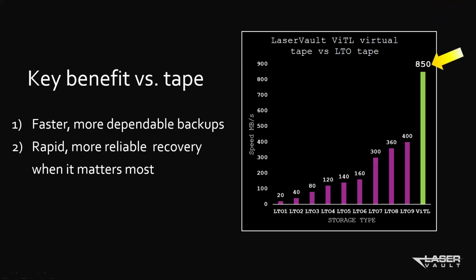So speed, faster, more dependable backups. We've got a chart here showing a basic benchmark where 850 megabytes per second is just the beginning of what you could accomplish with a backup speed compared to those virtual tapes, LTO9, LTO8, etc., giving you almost double or more than double your backup speed, shortening your backup window, being able to back up more data because you're able to back up faster,